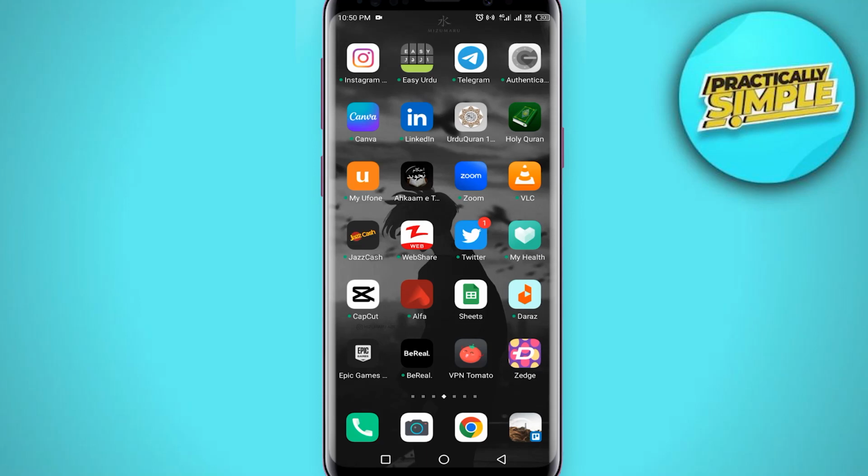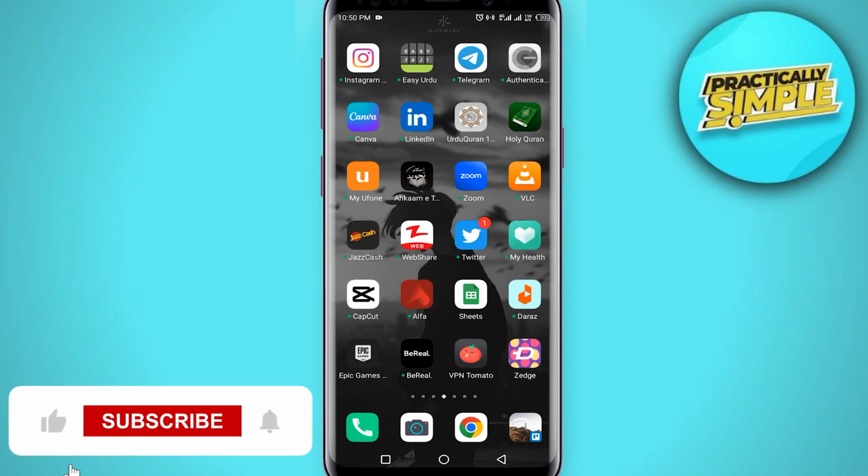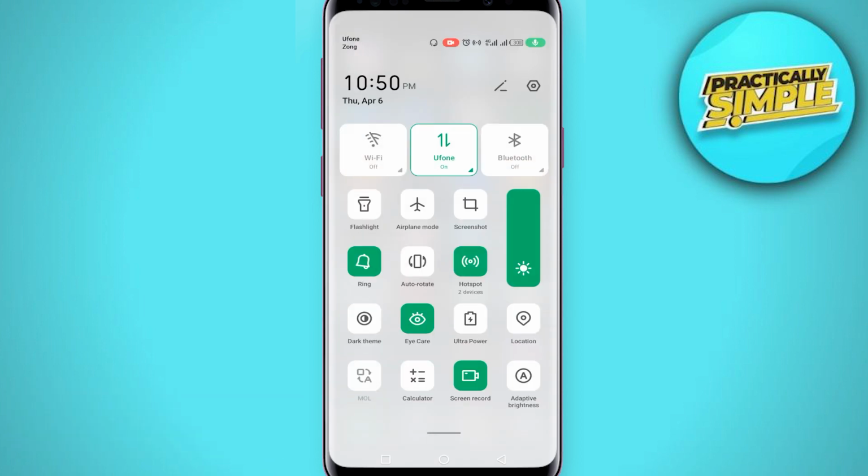In today's video, I'm going to show you how to send high quality photos on Messenger. So actually for this, we don't really need to use the Messenger app right now. You can just close the Messenger app if you have that open and go to your phone settings,